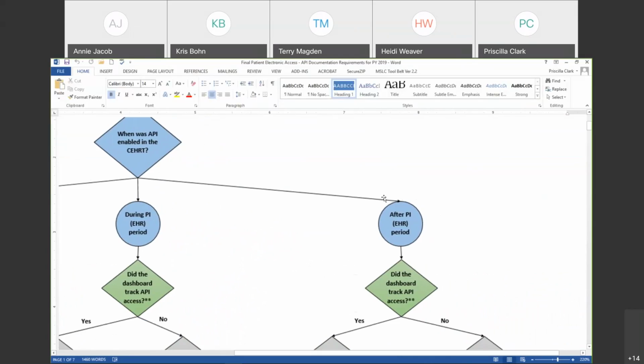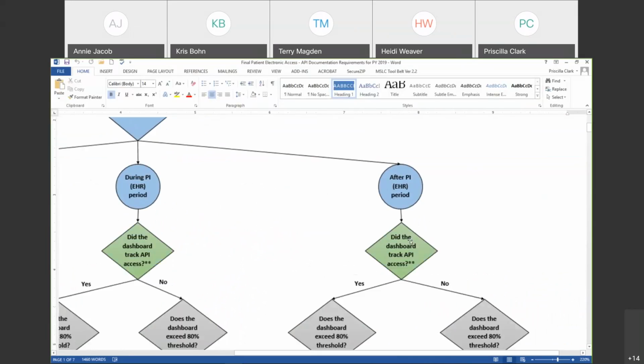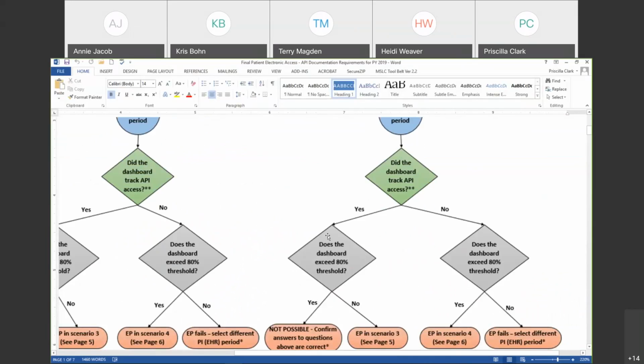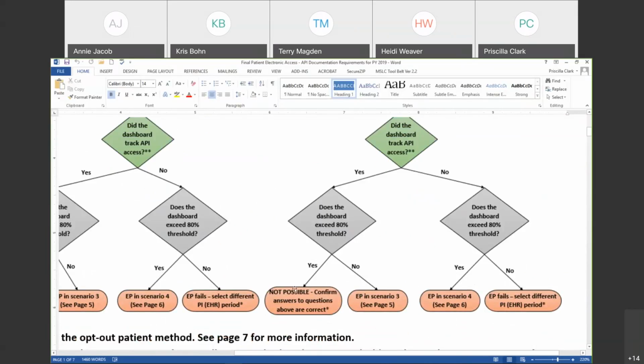So if the API was enabled in the cert after the PI period, then that means you're all the way to the right. And we'll scroll down. Did the dashboard track API access? If yes, then you're going to go to the next question. Does the dashboard exceed the 80% threshold? If that's a yes, you come to this thing that's going to stop you. It says not possible. Confirm answers to questions above are correct, because this is not a possible scenario to be in,